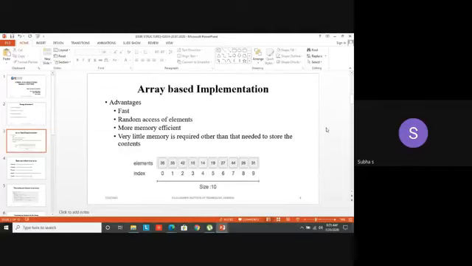Memory efficient means it consumes less memory, a sustainable amount of memory, and very little memory is required other than what is needed to store the contents. If I am going to store a large number of elements, only for that do we need more space. Other than that, little memory is required while using arrays. So these are the advantages.